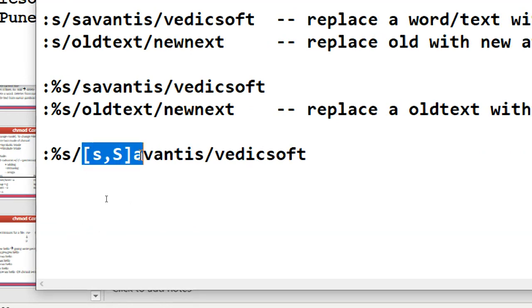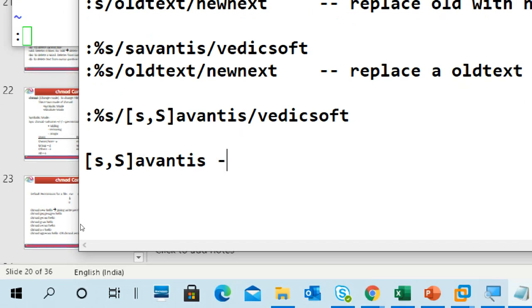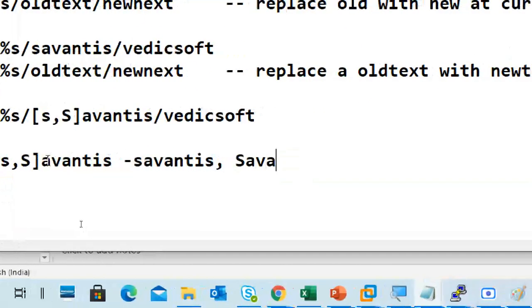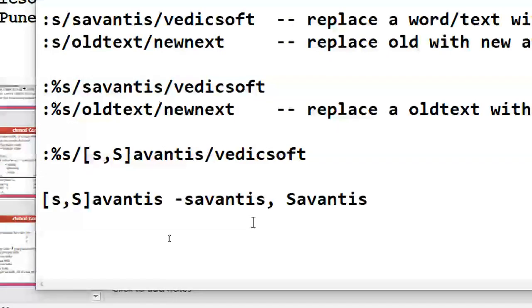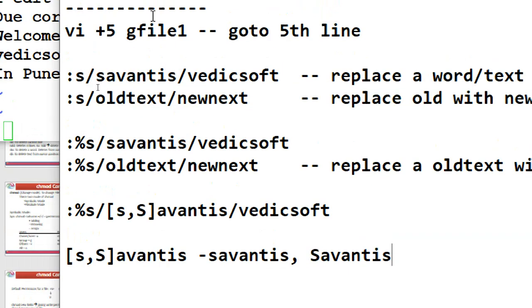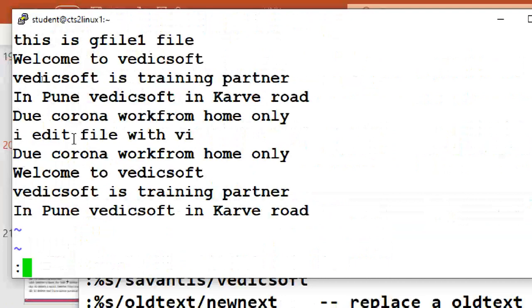What does this mean? It means two things: 70s with small s as well as 70s with capital S. So everything is covered. You just have to try it once.